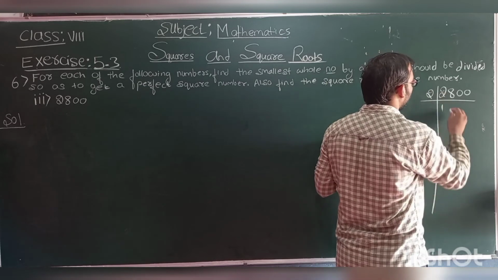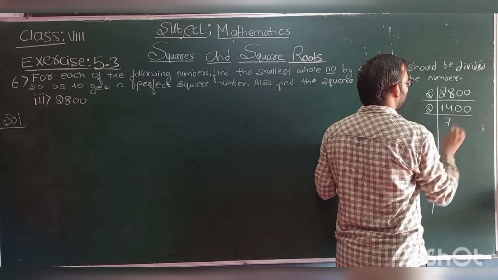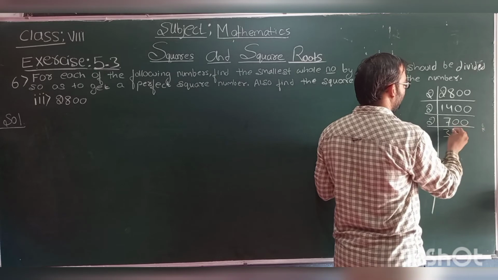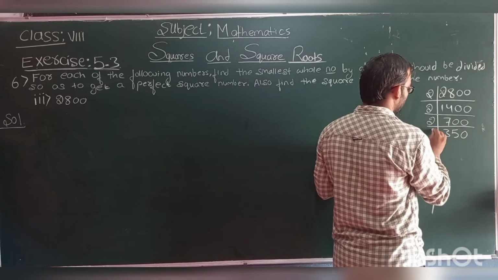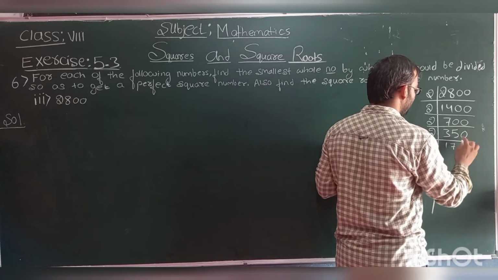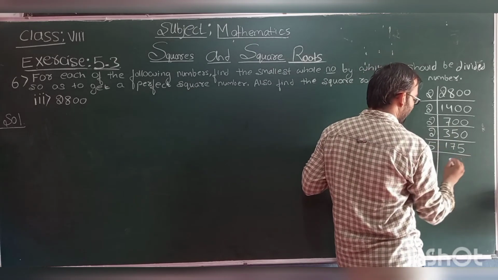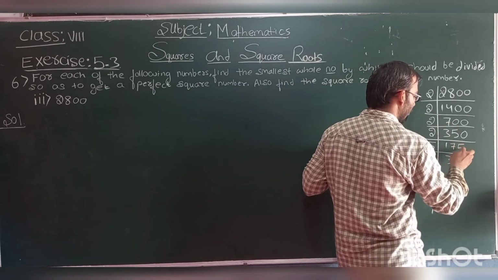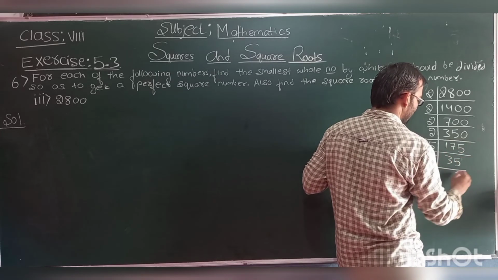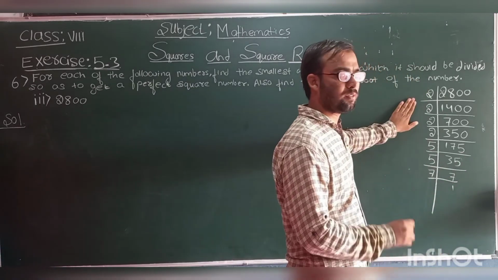Now look here. 2 ones are 2, 2 fours are 8, 0, 0, 2 sevens are 14, 0, 0, 2 threes are 6, 1 remains, 2 fives are 10, 0, 2 ones are 2, it will become 15, 2 sevens are 14, again it will become 10, 2 fives are 10. Now with 5, 5 threes are 15, it will become 2, then 25, 5 fives are 25, again 5 sevens are 35, 7 and the 7. Okay, so these are the factors of 2800.